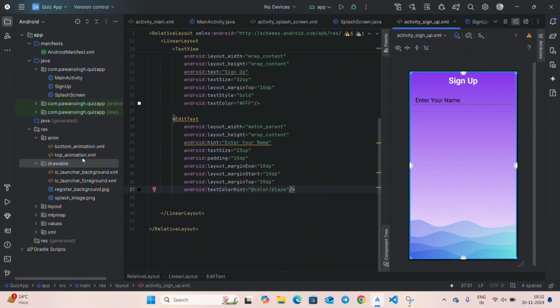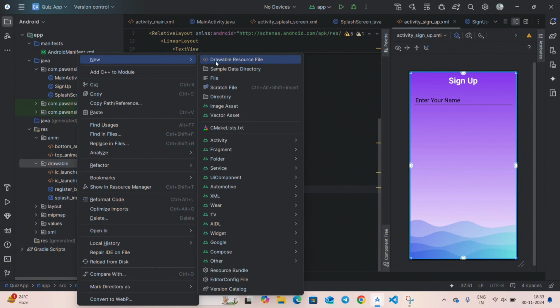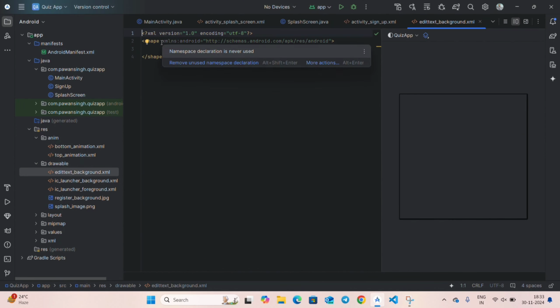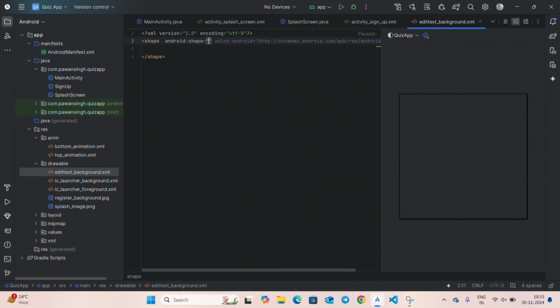So go to drawable, create a new drawable resource file, and inside the selector write here shape, and in file name give it as edit text underscore background and click on OK. Now inside the shape you have to write here shape and give it a rectangle shape, and inside the shape tag